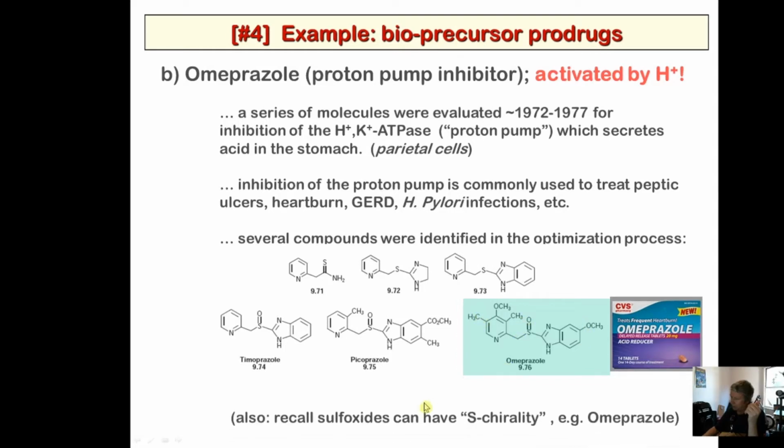It turns out that these molecules have sulfur chirality. Looking at the molecule, it doesn't look chiral, but remember that sulfoxides are chiral, so the oxygen can be coming towards us or going away from us. And that's the case for any of these sulfoxides. And anyway, later AstraZeneca, I believe, created